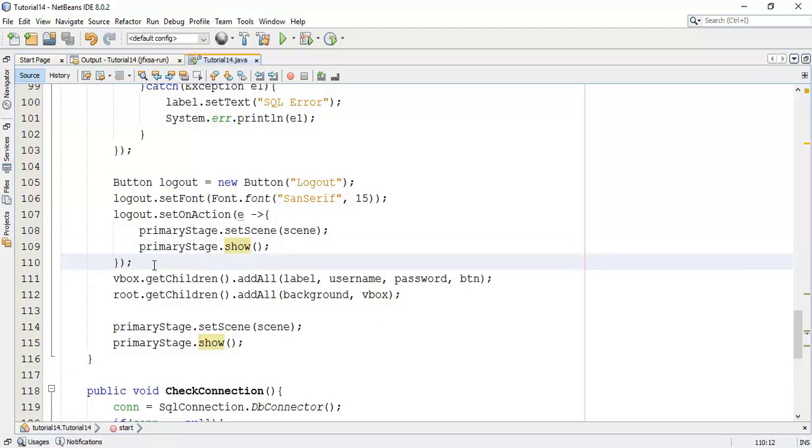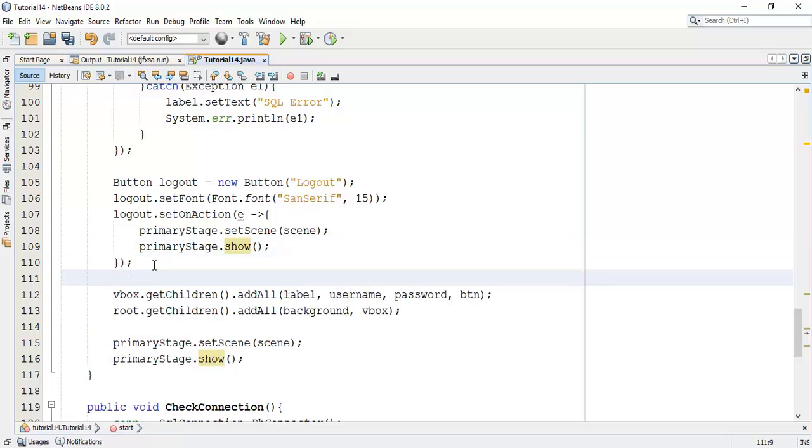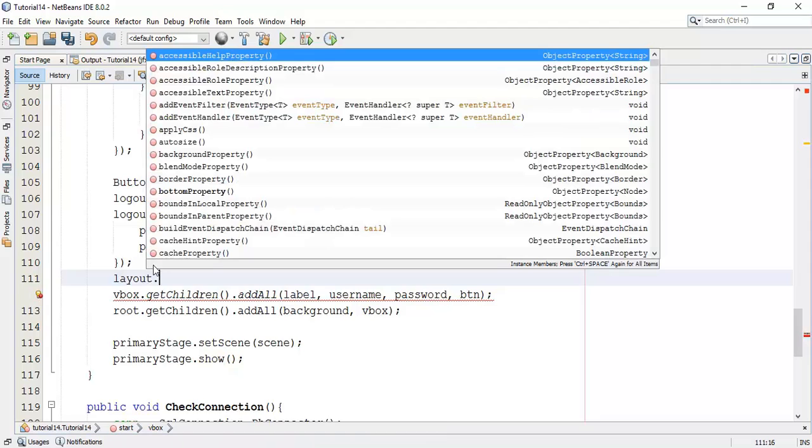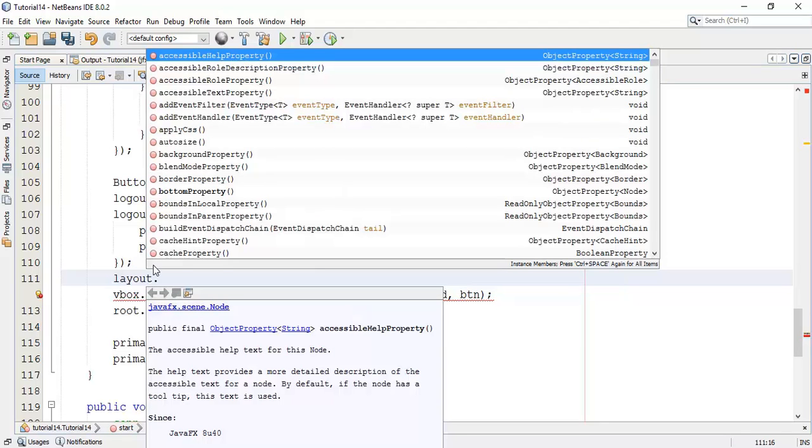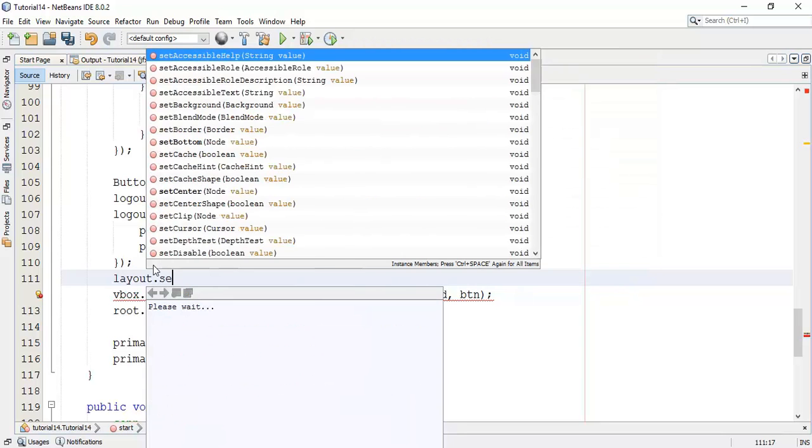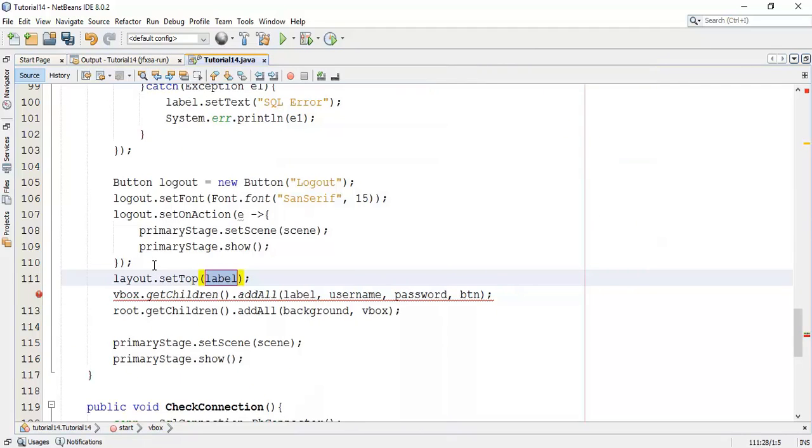Now next we are going to add this button to a layout. So in the border pane layout, I'm going to say layout, and I'm going to add this button in the top right corner. So I'm going to add a button first. So set top and say button logout.